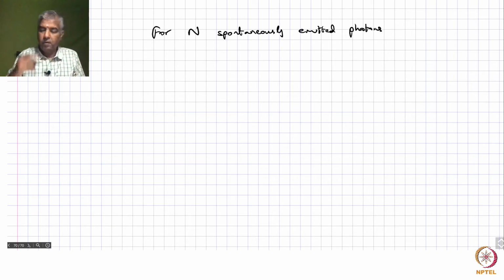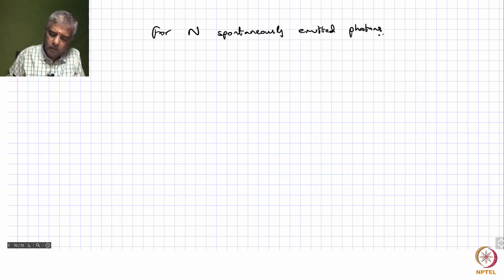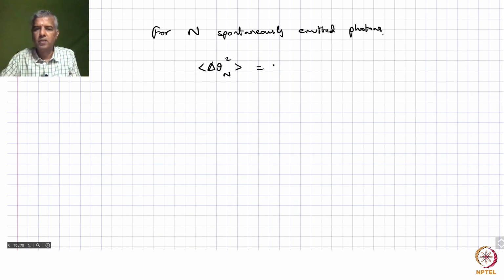what do we expect? Now, when we talk about n photons, each of those is an independent event, it is an independent random event. So, when you have independent random events happening, when you look at the combined picture of that, then it's essentially the variance of the combined event is going to be equal to the addition of the variances, the sum of variances of each of those individual events. Okay. So, if you are talking about the variance, that is delta theta square for n spontaneously emitted photons. So, that is going to be equal to